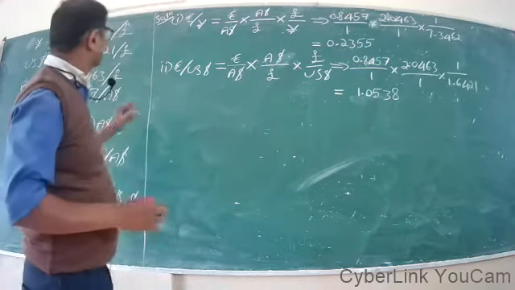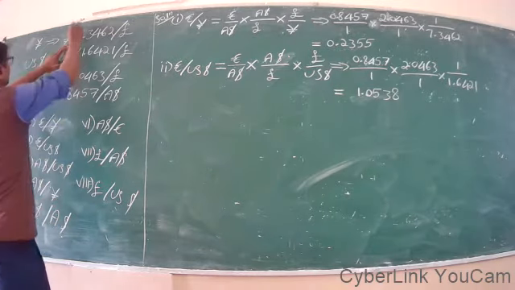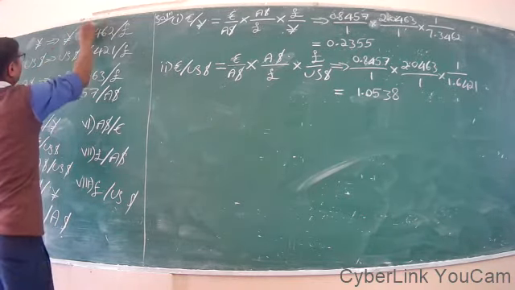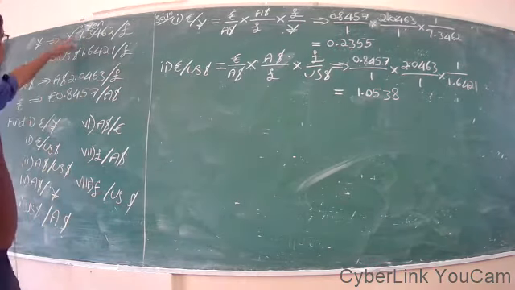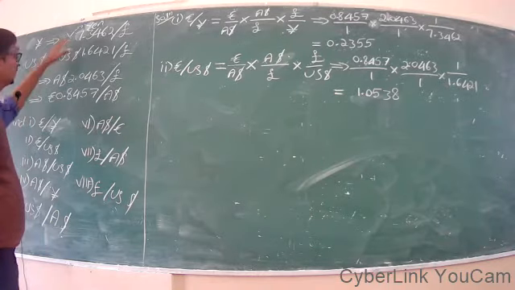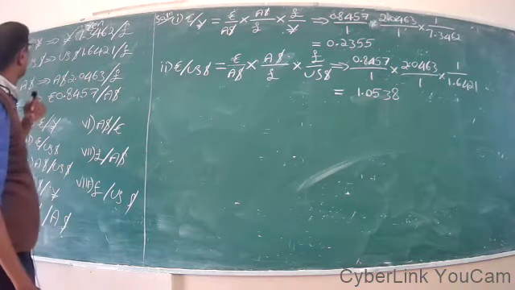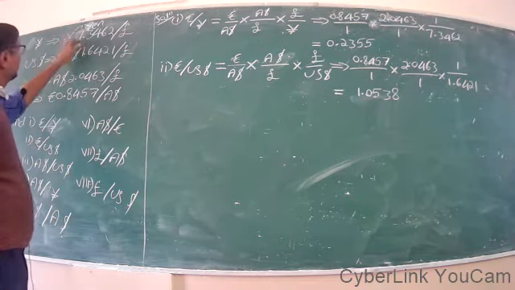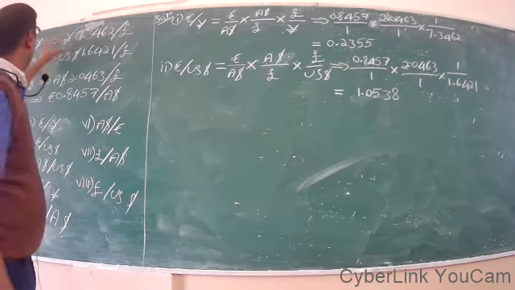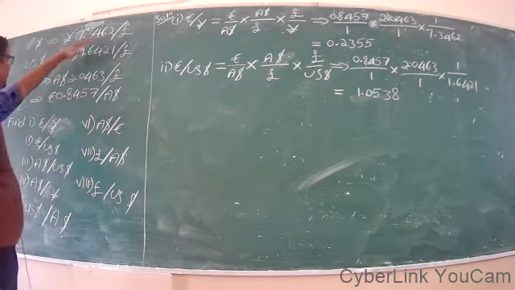Now, in this given question, they have given this currency symbol, yen. This currency symbol is used by both China and Japan. In Japan, it's the Japanese yen, and in China, it is the Chinese yuan, right? So in the given problem, it is assumed that this currency symbol is the Chinese yuan. So Chinese yuan per sterling pound.